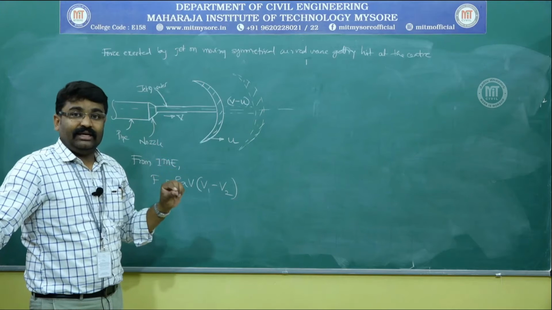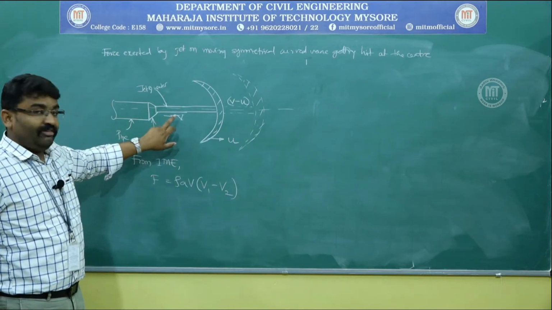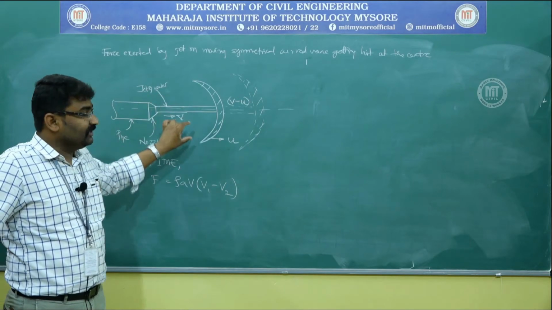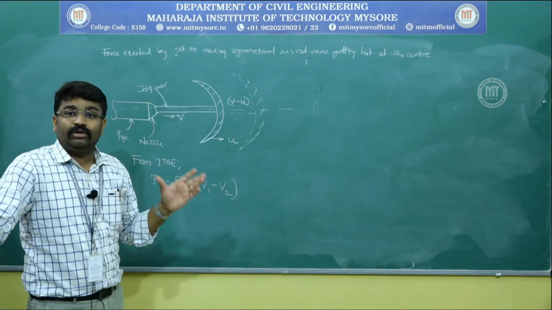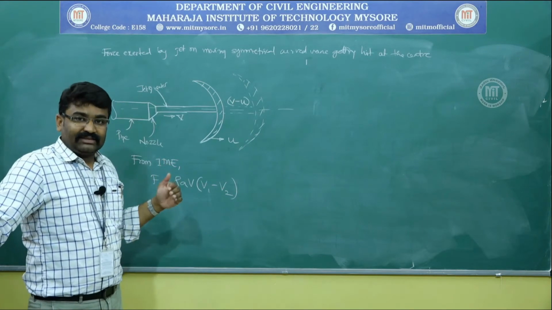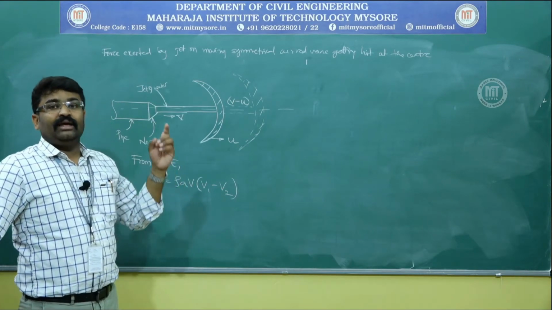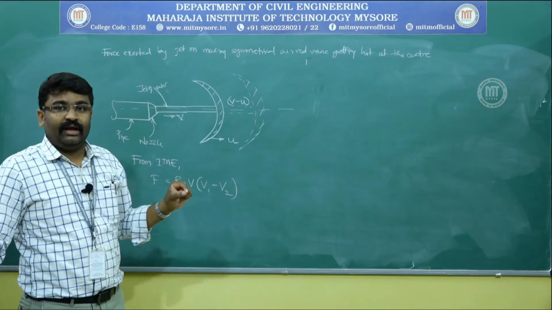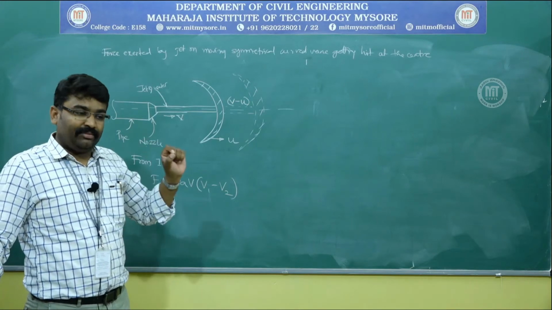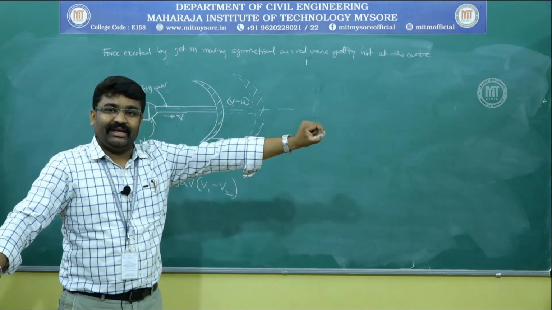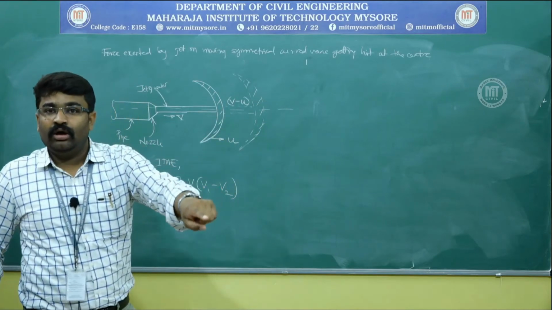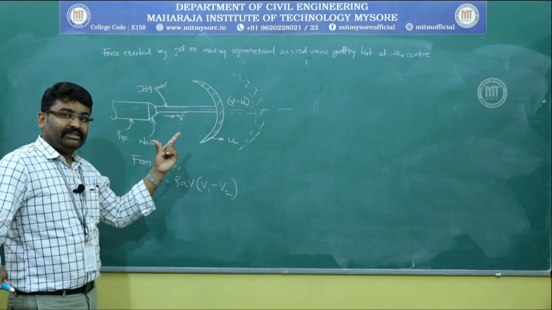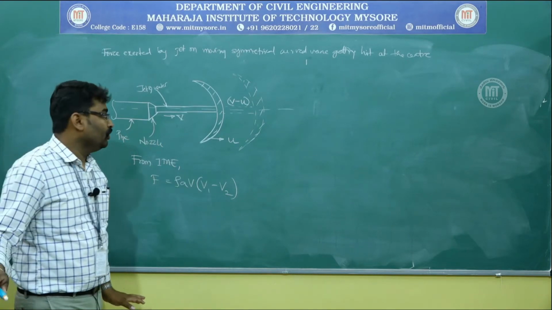So, another terminology is now introduced. This velocity with which the jet leaves the nozzle can be termed as absolute velocity. In the previous cases, the absolute velocity remained the same throughout, but now since the vane is moving, the absolute velocity will not remain until the jet strikes the vane, and it would have changed to relative velocity. So, this v in this equation will change to v minus u.